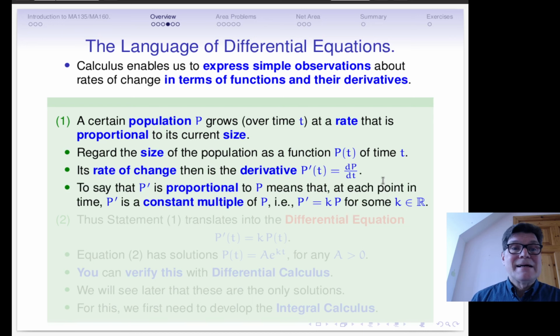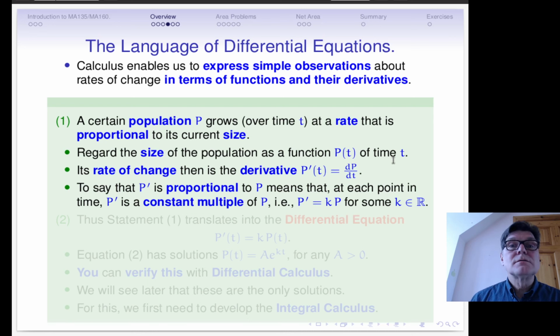And to say that p prime is proportional to p means that at each point in time p prime is a constant multiple of p. Say it's the k multiple for some real number k. And we can express this as an equation, p prime equals kp. More precisely,